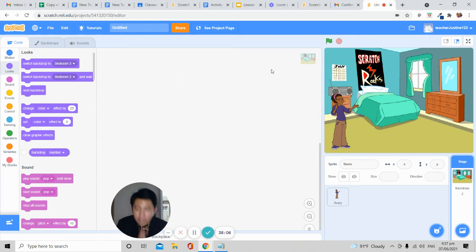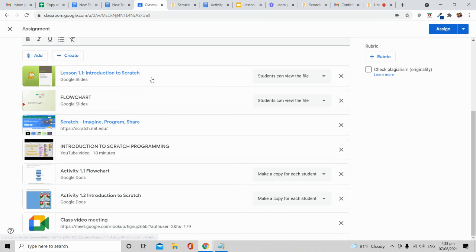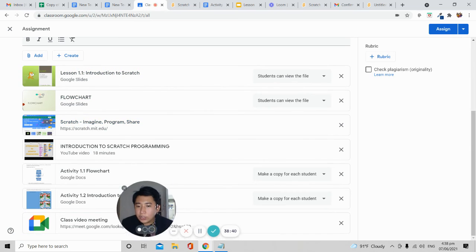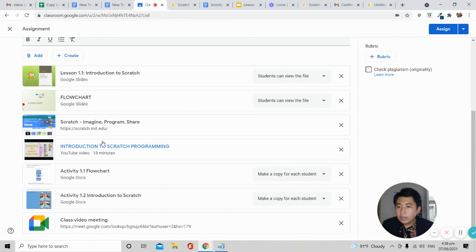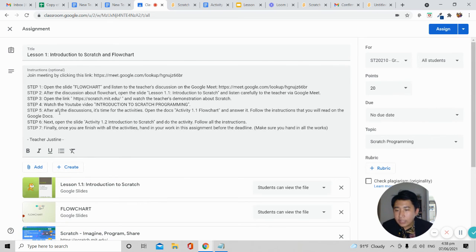Of course, in every lesson, since this is our first meeting, we just met each other for the first time right now. So in all of my classes, every meeting, I will be discussing the lesson. Like this one, I discuss flowchart and I discuss Scratch. After I discuss Scratch, I will give you an activity. Every time, I will give you an activity. So now, let's go back to your Google Classroom. In your Google Classroom, guys, I have posted an activity. You see this one,